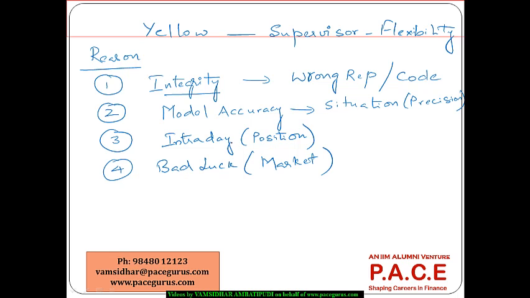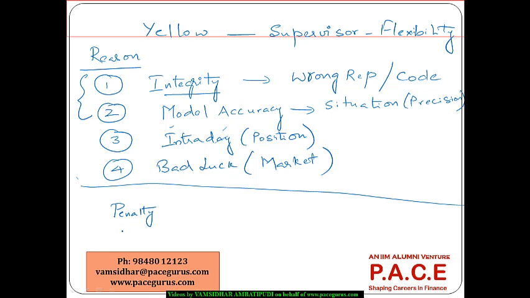So it has to be very clearly identified by the supervisor, for the deviation or exception that has occurred on a particular day, what was the driving factor for this deviation? Now, if it is because of the first two, probably there is something to do with the model, so a penalty has to be applied mandatorily. And in the third case, probably the supervisor can very well consider. But in the fourth case, there might be a possibility of excluding the penalty, provided